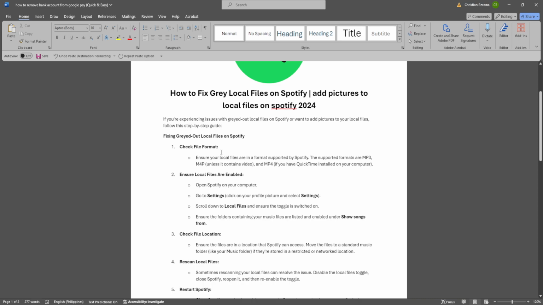that your local files are in a format supported by Spotify. The supported formats are MP3, M4P unless it contains video, and MP4 if you have QuickTime installed on